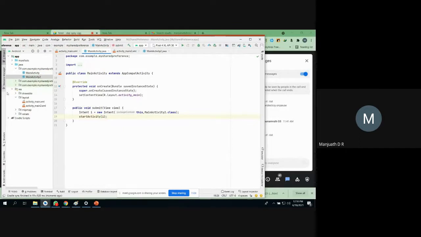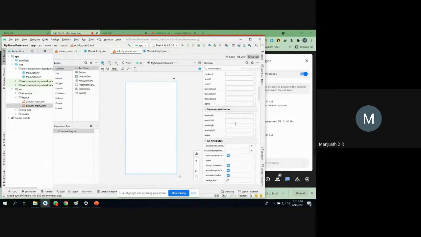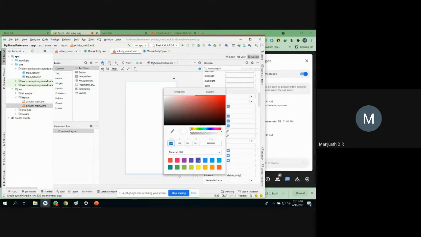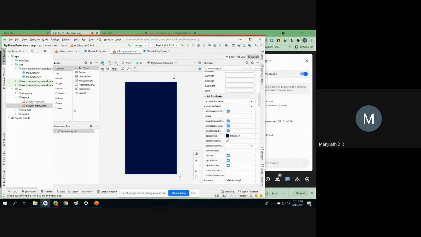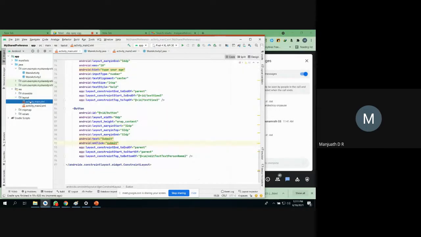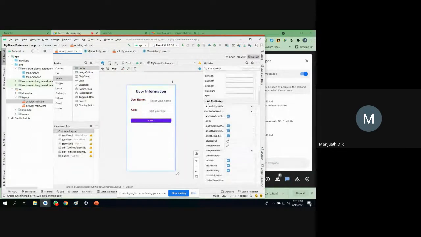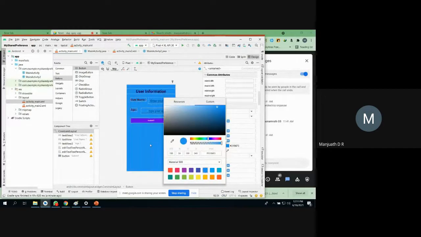Okay, that's fine. If I click that button, of course it will move to the other activity. So if you wish, you can change the color of the other activity, so you can know that you're in that activity. So what I do, I'll just change the background of this. Whatever color you would like to pick, simply this color. And if you wish to change even this color, you just go and change the design of this color. These are not programming, it's just simply UI related things that I'm doing.